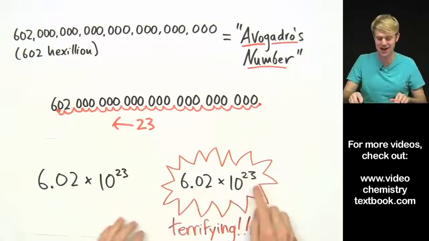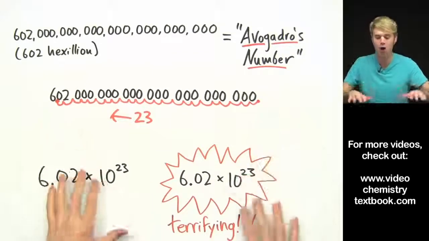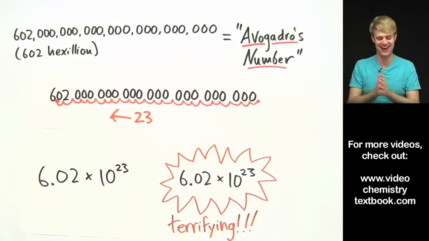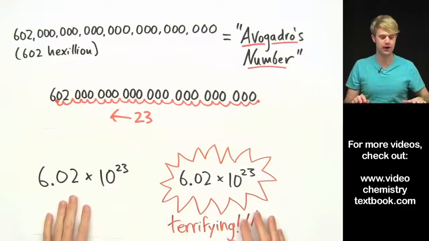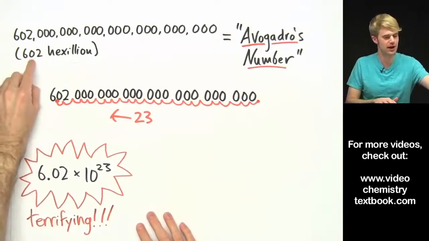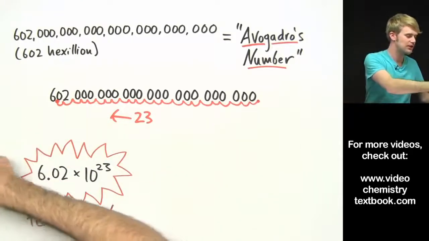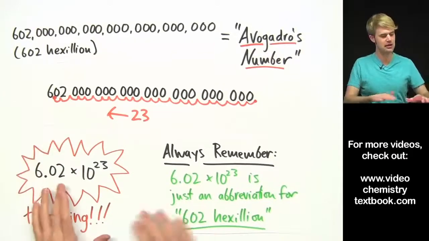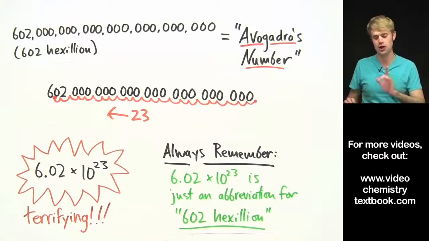It's got this 10 with the exponent, 6.02 times this thing. It's like people see this number and they're like, oh my God, what do I even do with this? Relax, it's okay. 6.02 times 10 to the 23rd might look a little terrifying, but just remember that it is an abbreviation for 602 hexillion, an abbreviation for this very large number here. And every time you see 6.02 times 10 to the 23rd, just remember that it is an abbreviation for 602